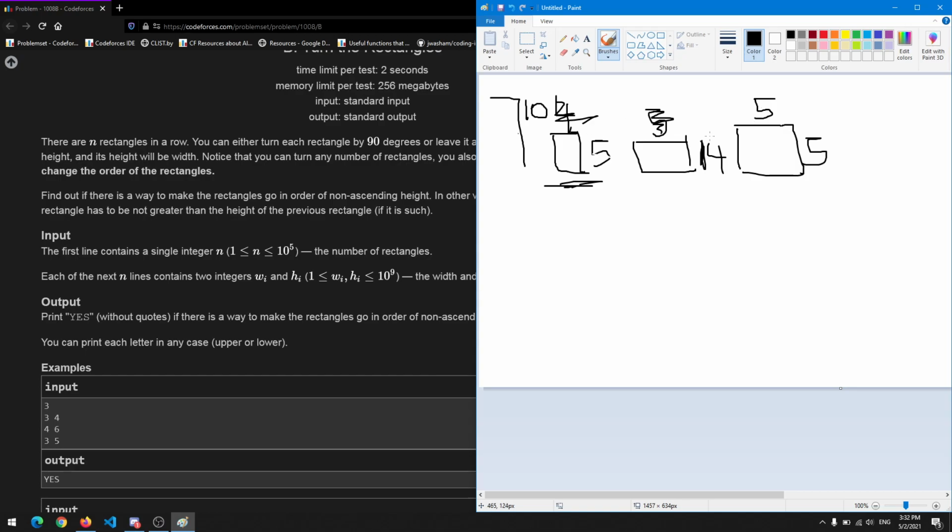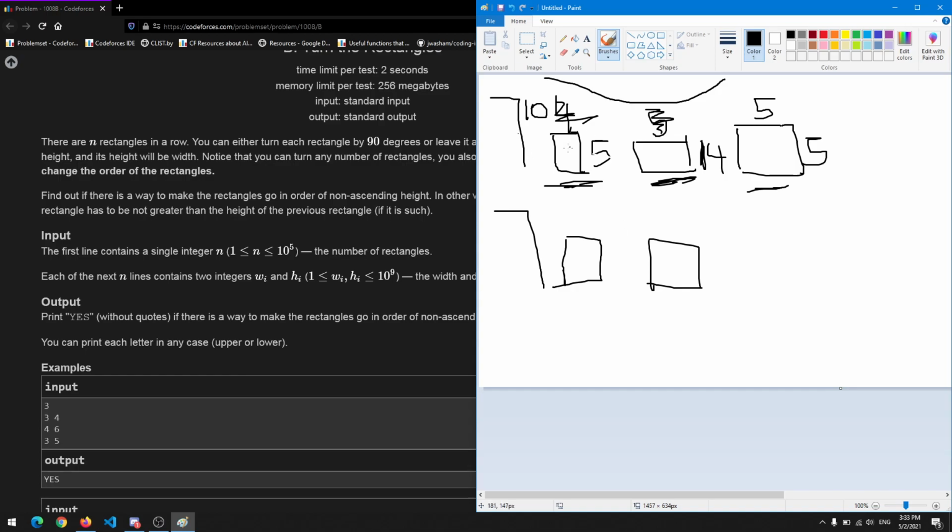If we had taken this rectangle with height 4, you might notice that we can't put the next rectangle next to it. Otherwise it would be a non-increasing one, which is not at all required. But if we put the rectangle with height 5 here, we can put the next height 5 rectangle adjacent to it. You're getting my point? So that's what we have to do: maximize the possibility for the next rectangle while maintaining the current position.